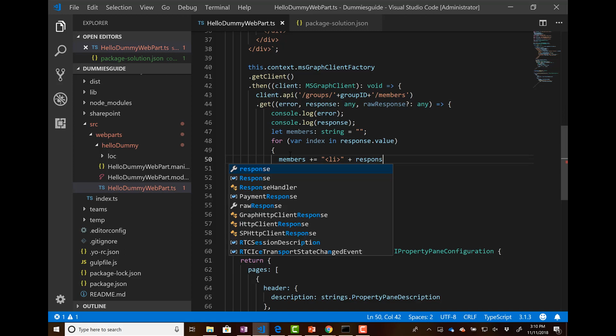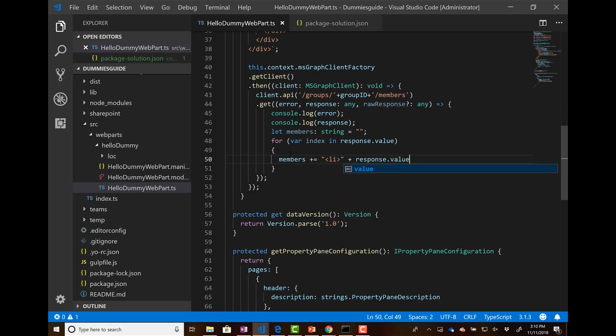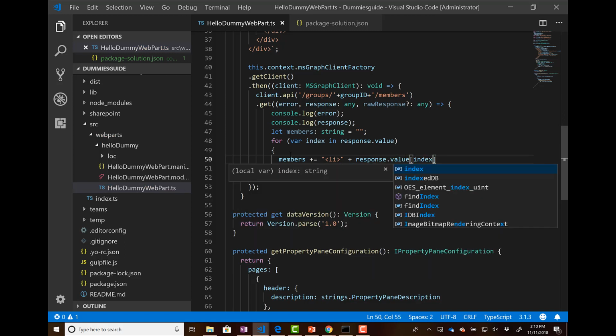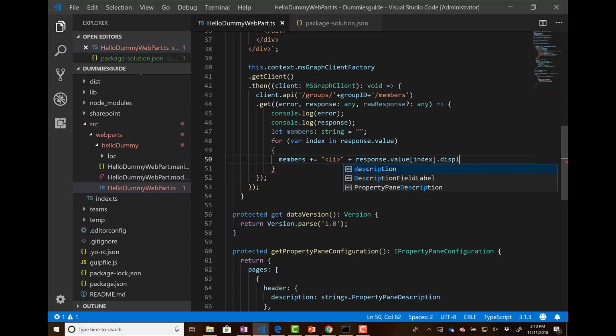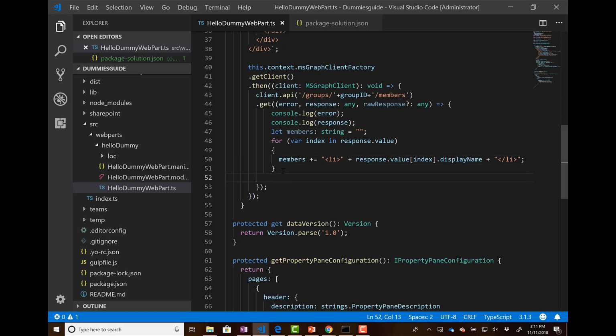It's going to be response.value subindex, and that field was display name. And we'll close off our list item. Okay, so we're looping through all those results, and we're just creating a list item for every name that we find in those results. And then we just need to go through and do a document get